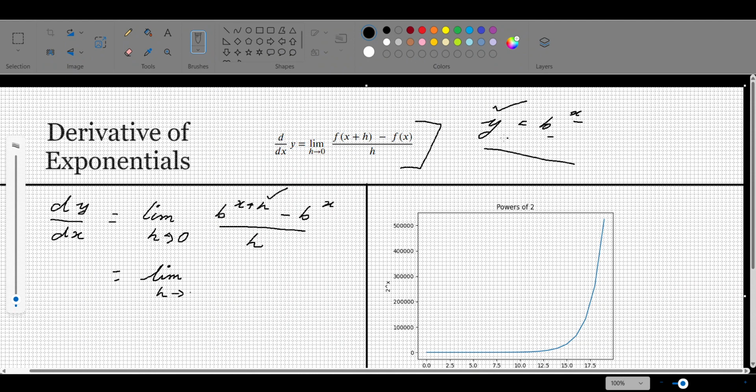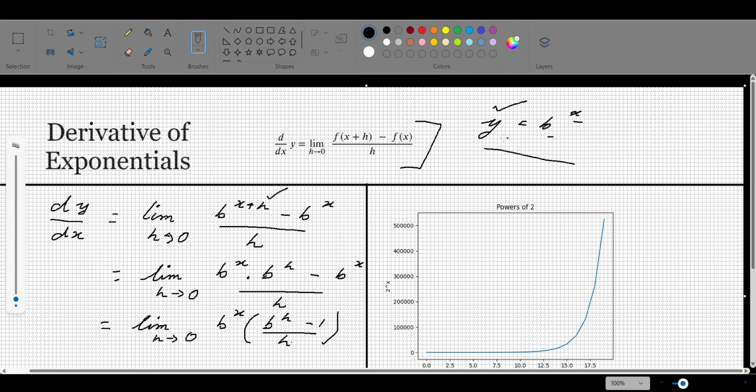Limit of h tends to 0, b raised to x times b raised to h minus b raised to x divided by h. Now let's take b raised to x as common. Okay, so we say again limit h tends to 0, b raised to x times b raised to h minus 1